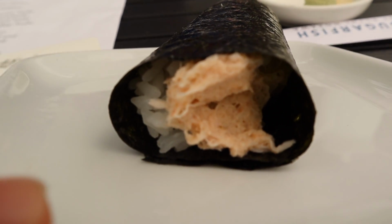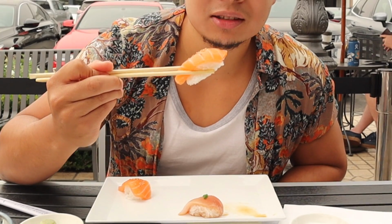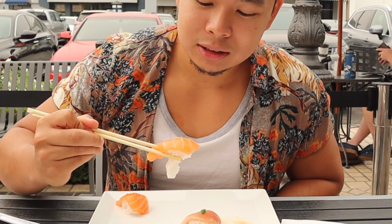Oh yeah, I was gonna say that as well. It wasn't loaded with rice, but there's too much rice for my liking at Sugarfish, and like Alex pointed out, the rice wasn't sticky too. It was falling apart. Overall, I would say that Sugarfish is pretty good. All the sushi was fresh. I was satisfied. But I'll have to say, for the LA hype, everybody and their mothers love Sugarfish,